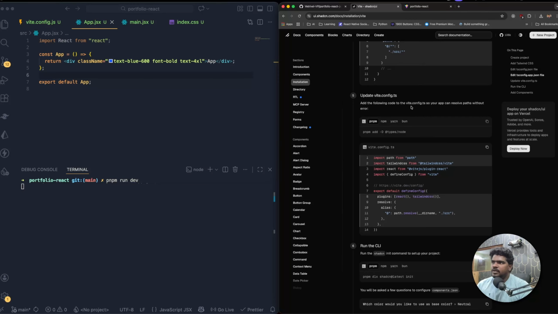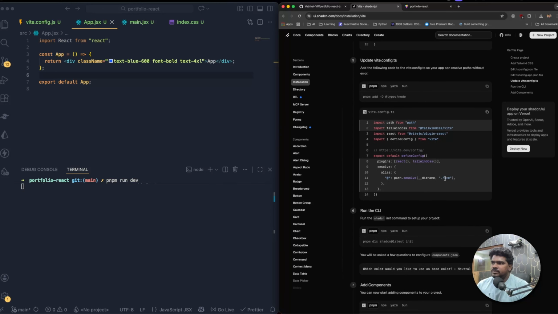So add the following code to your app. So resolve path without the error. So you just need to add these two things over here. So in that case, I need to add this node types as well as